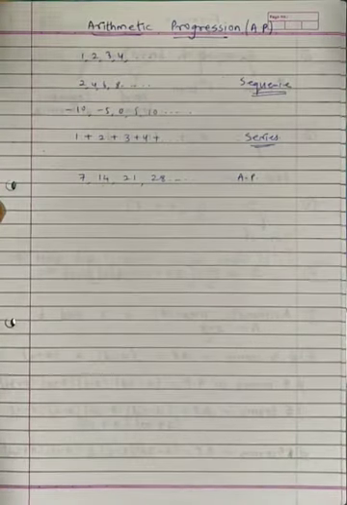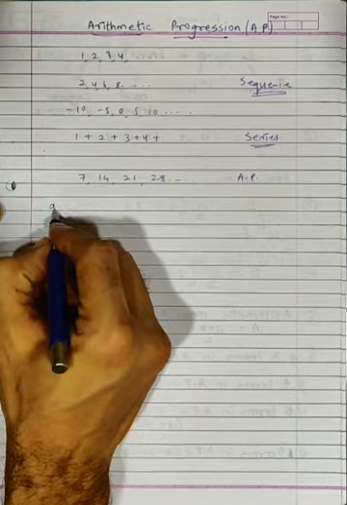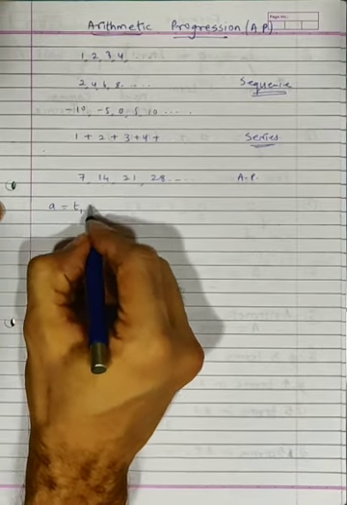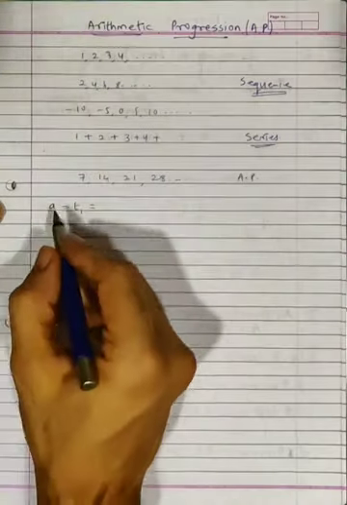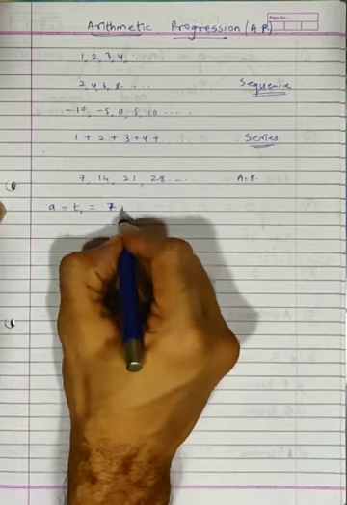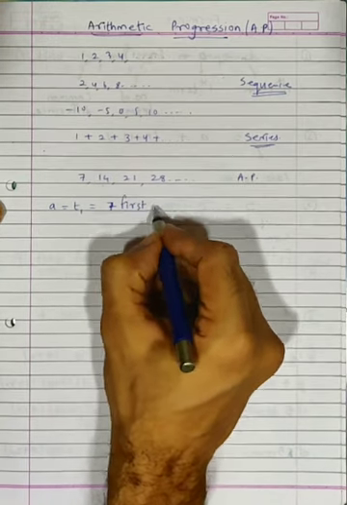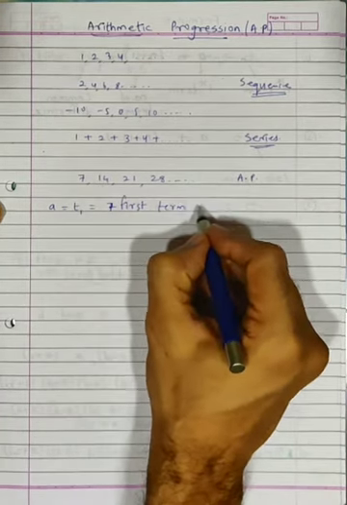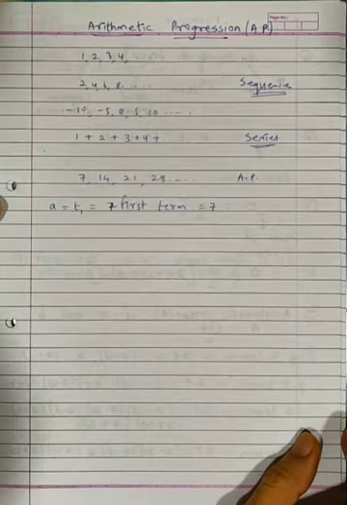Now in this series, okay, A is called the first term. A is also called T1, which is the first term, which is equal to 7 out here. Okay, I'll do one thing, I'll just write first what it means. A is the first term, which is equal to 7 out here.